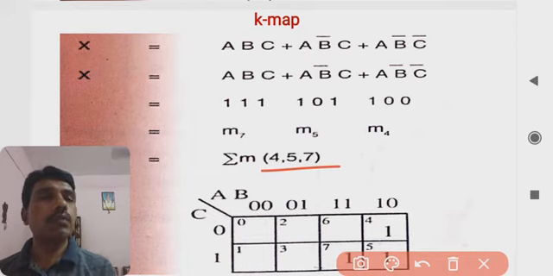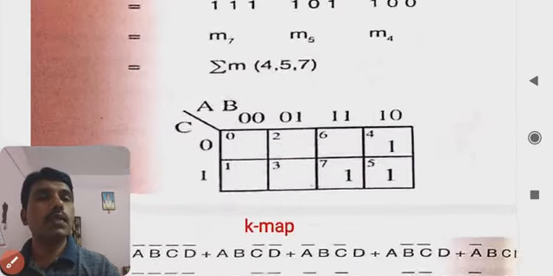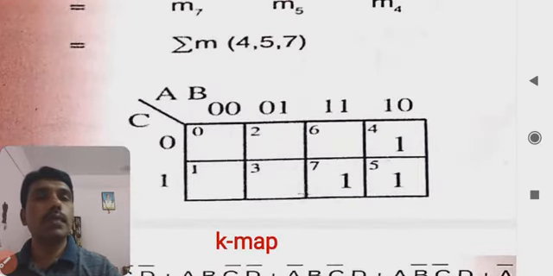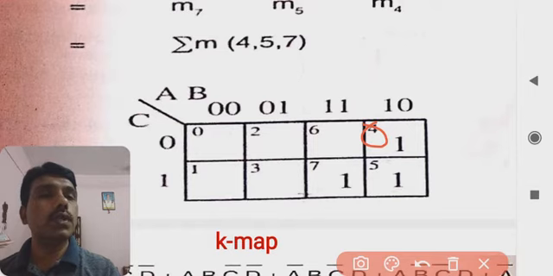So we have this relationship, or the K map, for the 3 variables. In this case, we have the calculated min terms, that is 4 5 and 7. Now how to represent them? That's what we have to see. First, the value 4 is here, and that's why we put 1 inside this cell. That cell has the value 4.